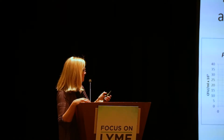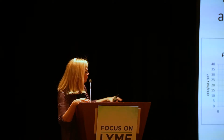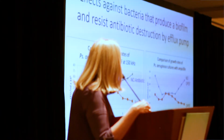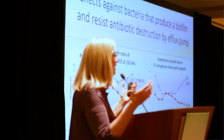So it starts out, notice at 25, but the growth rate is going down, meaning the number of cells is being reduced, meaning that that treatment is killing those bacteria. And the same is true on the other graph, right? So both ways, it's just two different ways of showing almost the same thing, that when you combined the two,